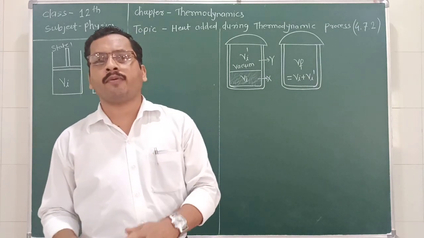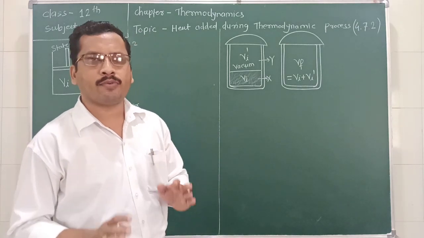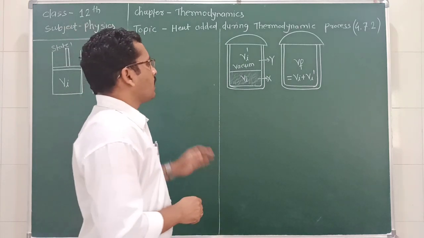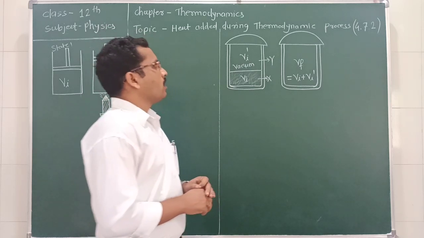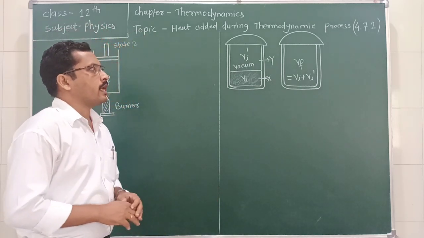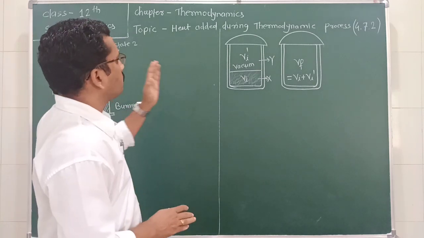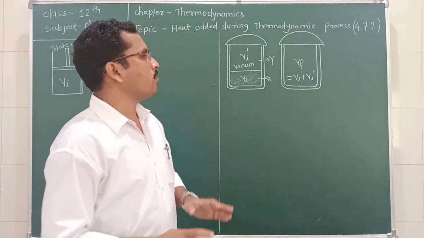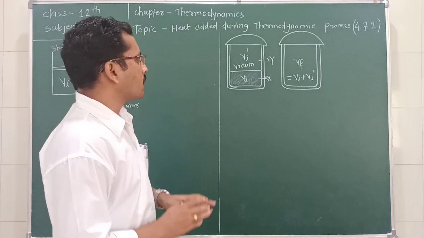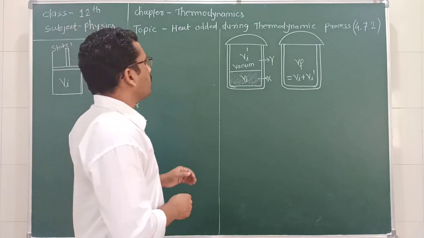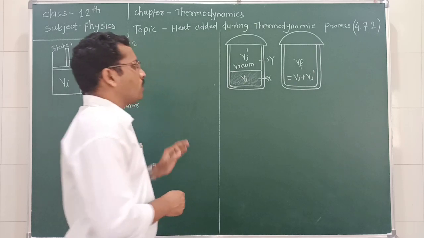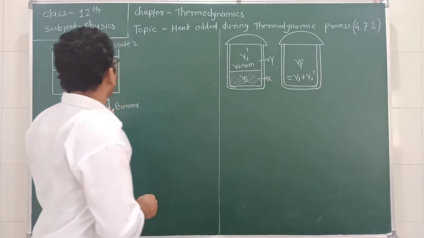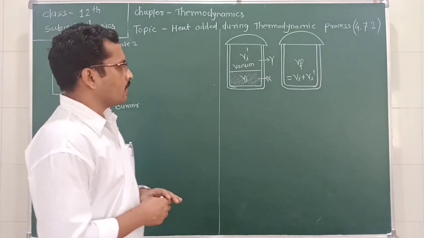The work done depends upon the different paths followed by the thermodynamic process when it changes from one state to another state. In this lecture, we discuss the change in the thermodynamic process by adding some heat during the process, and this amount of heat transferred to the surrounding or to the system can be studied by using these two diagrams. We are discussing the first case and the second case. The diagrams of the first and second case are shown here.